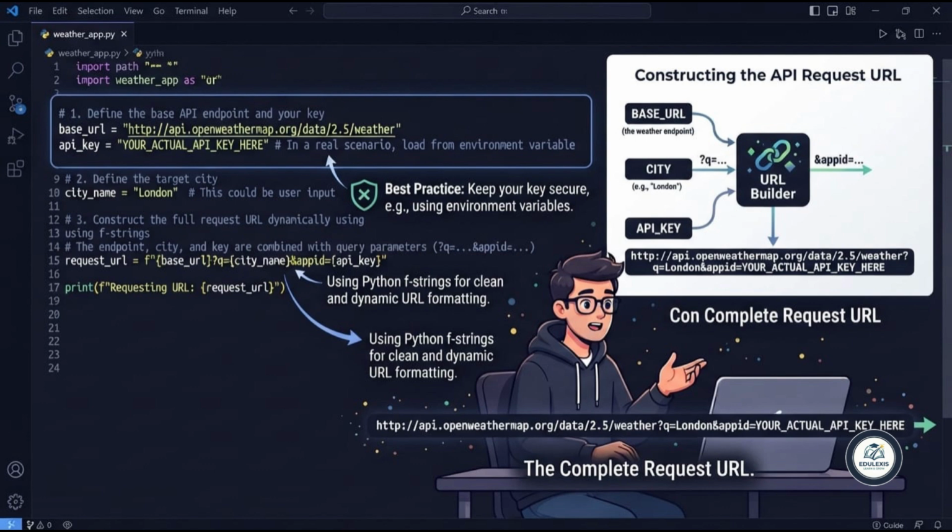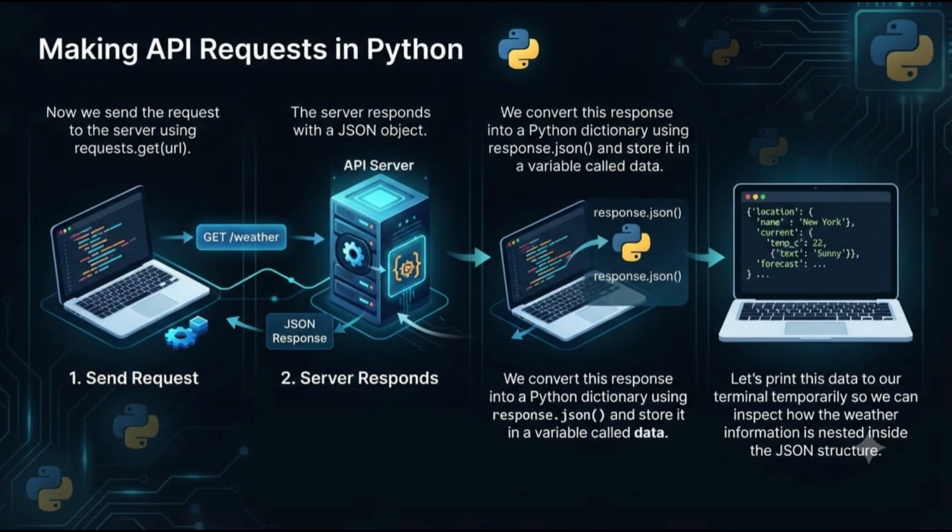With the city name ready, we construct our API request URL. We use a standard weather API endpoint and pass our city name and API key as parameters. To keep your code secure and professional, always store your API key in a variable. We format the URL dynamically using Python f-strings, combining the base endpoint, city variable, and key cleanly into one request string. Now we send the request to the server using